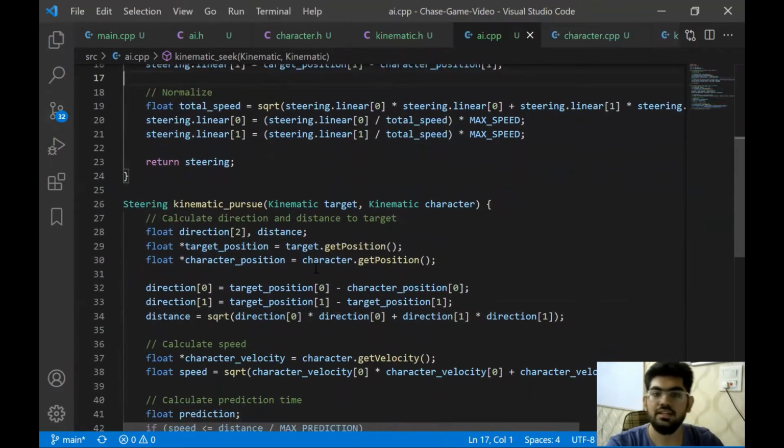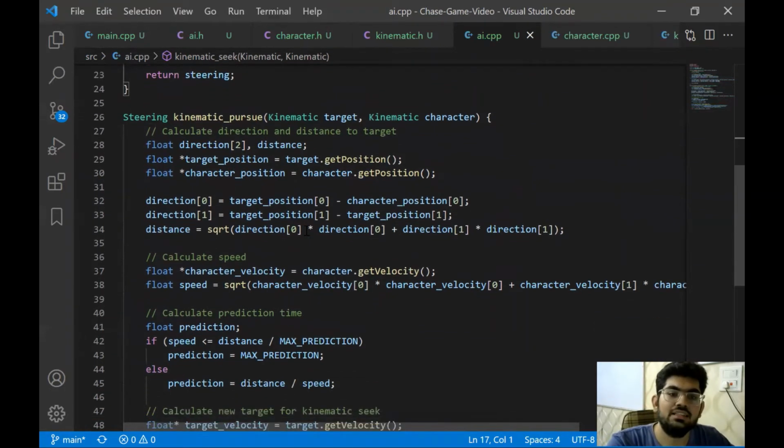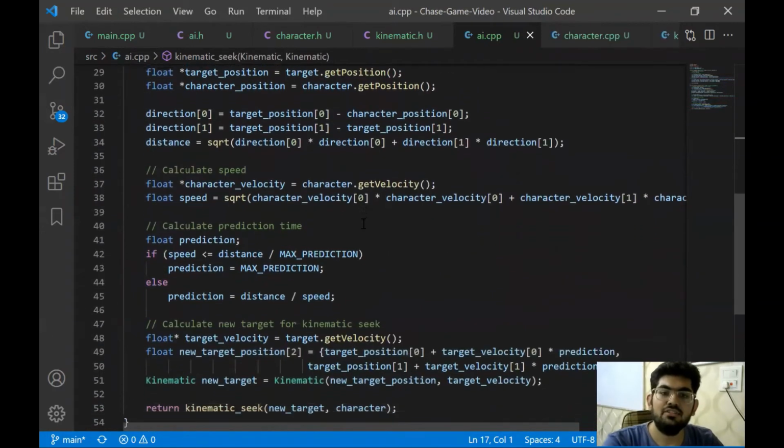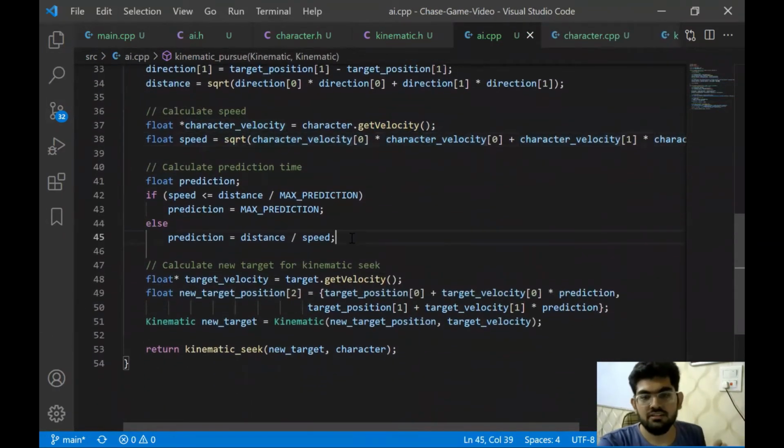The pursue is a little more involved one. It's actually a delegated steering behavior. In this, we are first calculating the distance to the target. Then we are calculating the velocity, and then we are calculating the prediction. Max prediction is the maximum time the prediction can go on, but if the prediction is for a lesser amount of time, we will take that as well.